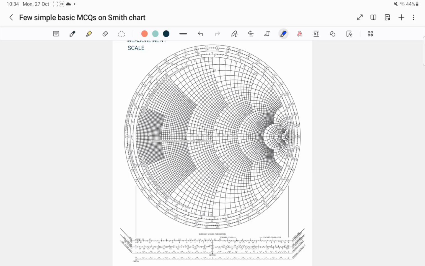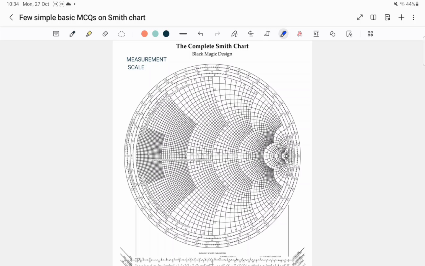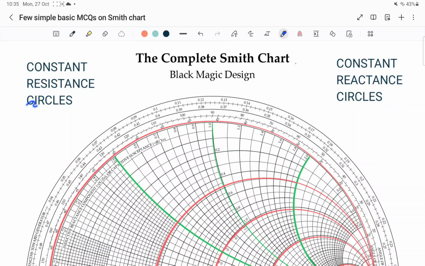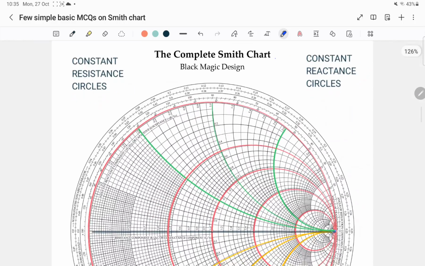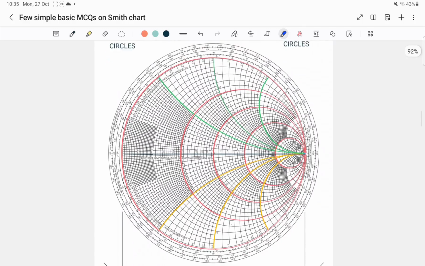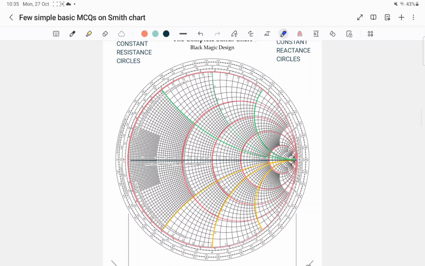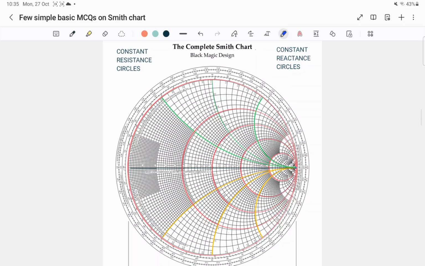Okay, now we are good to go. The next topic of the Smith chart is the constant resistance circles and the constant reactance circles. Alright, let's move on to the next topic. Now if you see this Smith chart, I have drawn various circles using different colors. The red color circle represents a constant resistance circle, whereas the green and yellow color circles represent